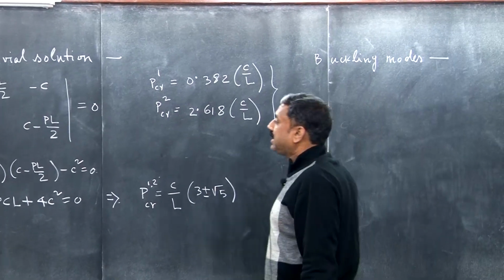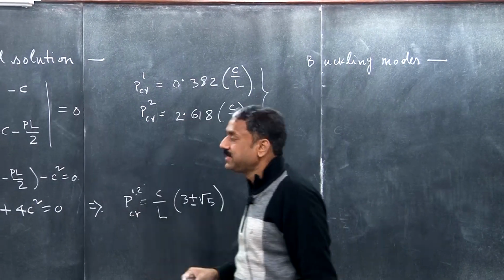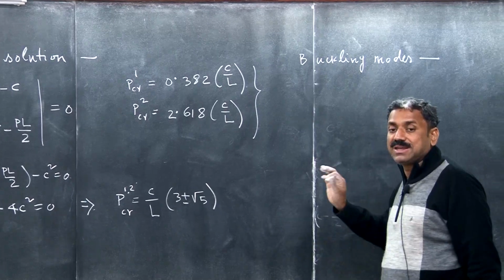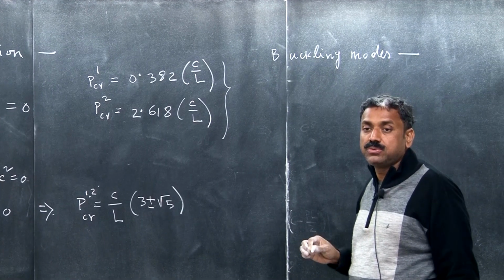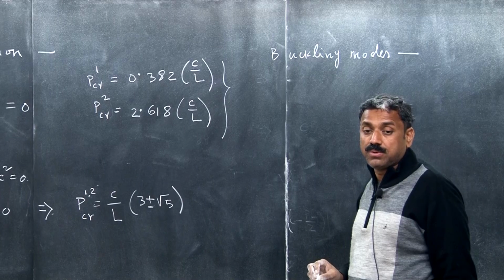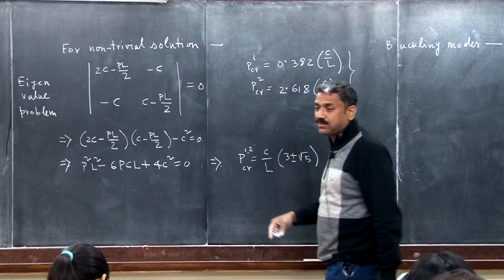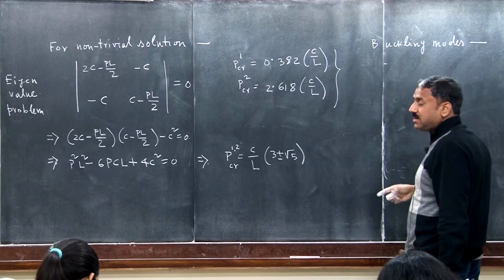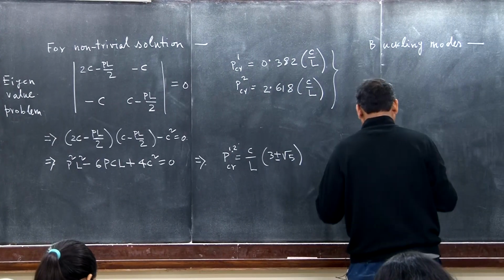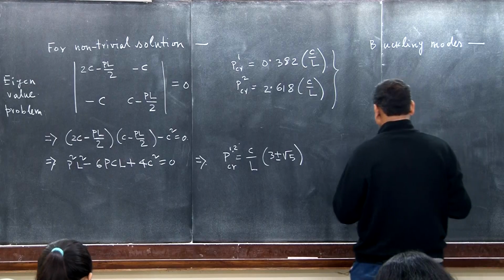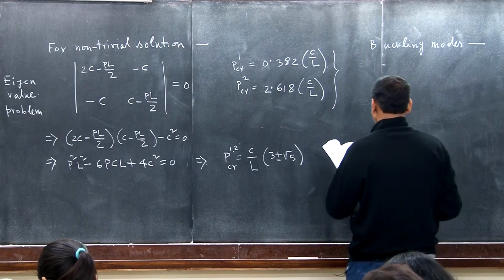So, how will you find out the buckling mode? You will see that a linearized stability problem always leads to an eigenbuckling problem, okay. So, you know how to find the buckling mode, right? You can find the eigenvectors. The eigenvector I am directly writing, without finding it out. This eigenvector will be